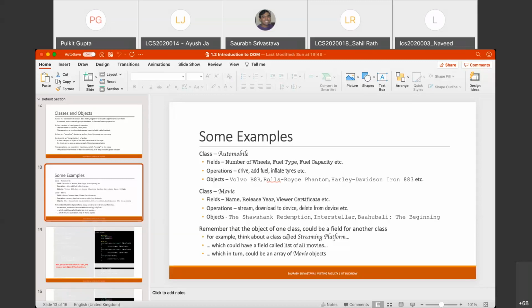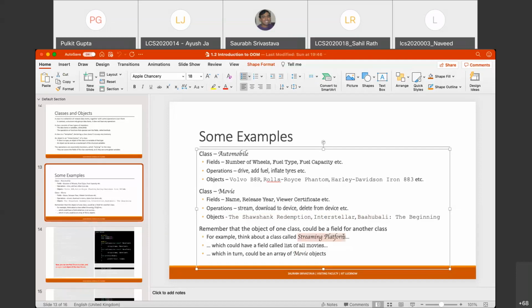Maybe one of the fields will be list of all movies. It will be basically an array of movie objects. So I am going to create one object for the Shawshank Redemption, one object for Interstellar, one object for Bahubali, and then store it as an array. And this is a field for streaming platform.